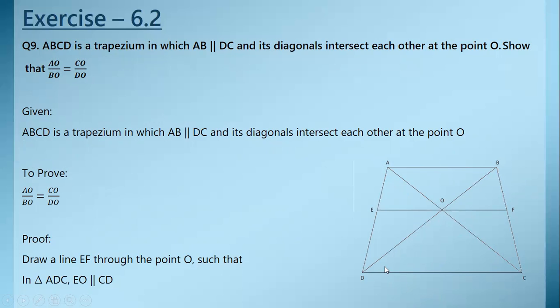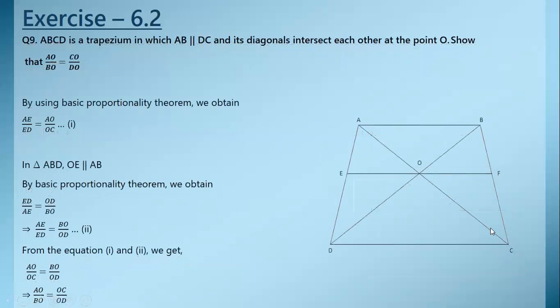For proving, first let us draw a line EF through the point O such that in triangle ADC, EO is parallel to CD. So we are drawing EO parallel to CD. Why are we doing that? To prove by using basic proportionality theorem, AE by ED is equal to AO by OC. Okay, so that's the first equation. Now in triangle ABD,